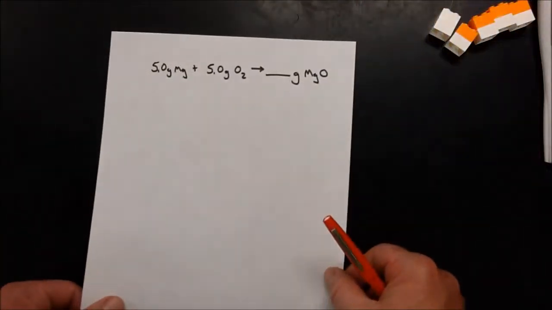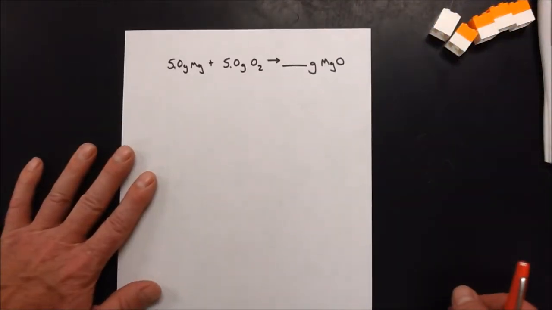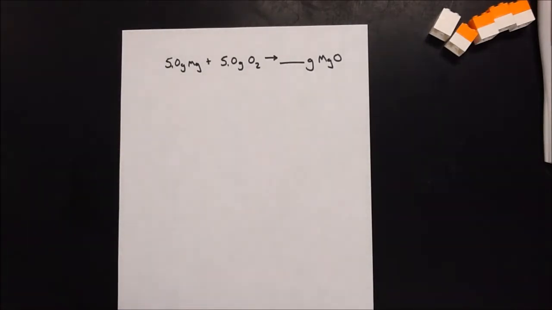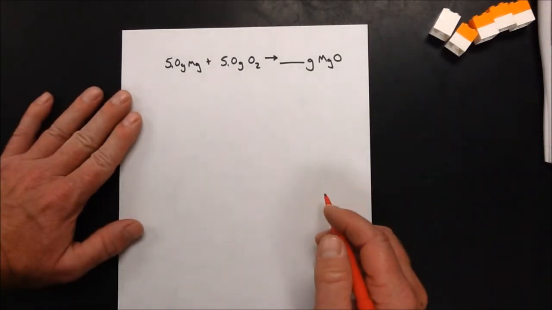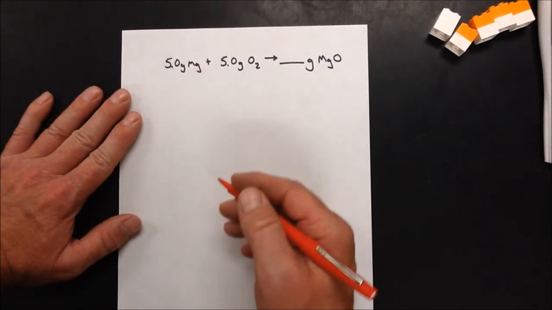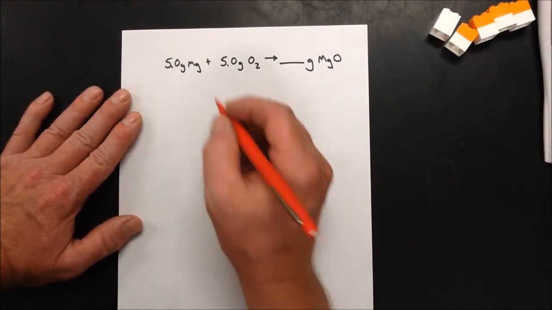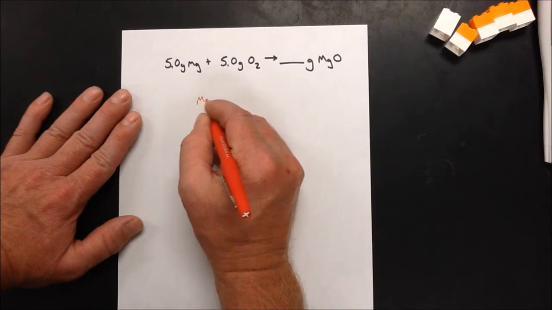All right, so now we're going to look at this in terms of grams and a little more involved stoichiometry, not terribly difficult, but a little more involved. If I have 5 grams of magnesium, 5 grams of oxygen, how much magnesium oxide will it make? Well, this is where we got to know our gram to mole ratio. So from grams of magnesium, we're going to have to find moles,